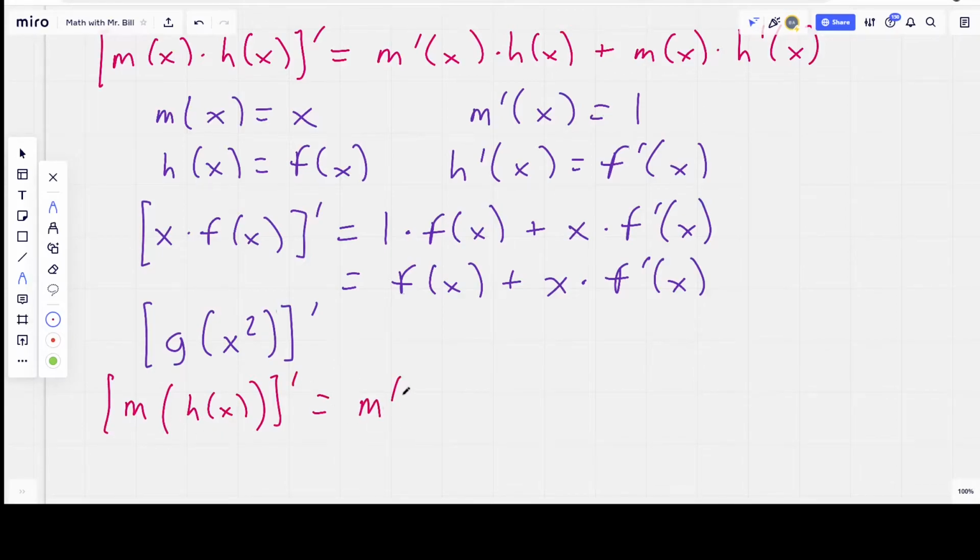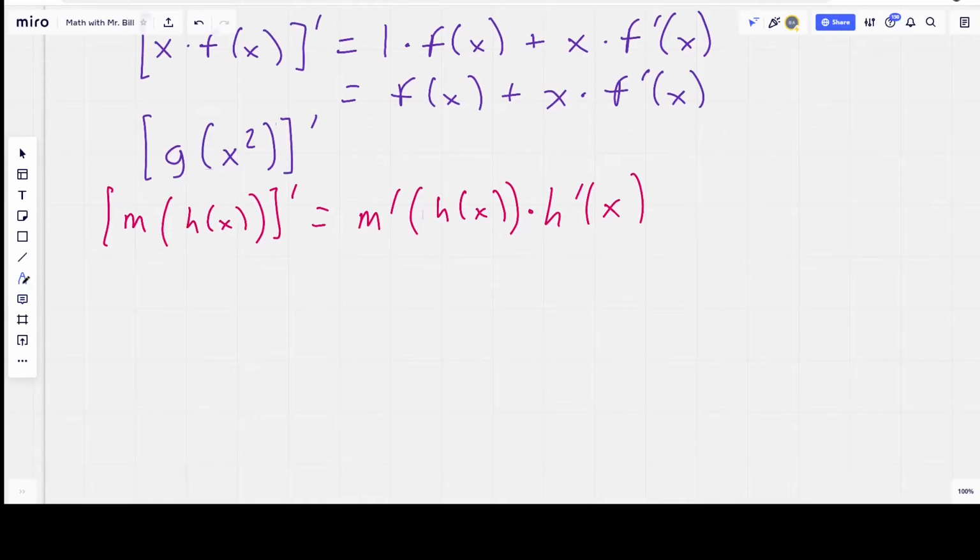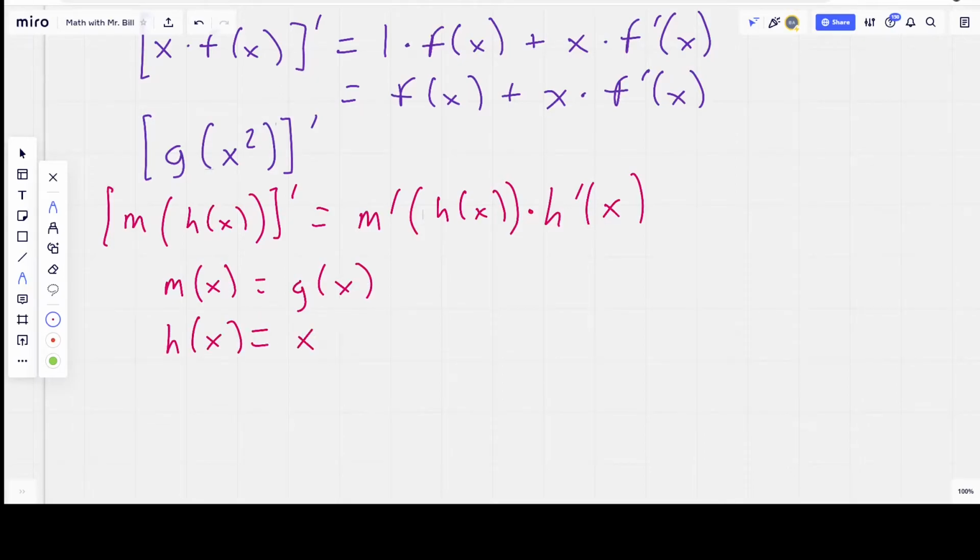We take the derivative of the outside first, leaving the inside alone. And then we chain on, we multiply on the derivative of the next inside function. So for us, our outside function is going to be g of x, or just g. So m of x, it gets a little bit wonky with the variables, but this is what we're working with. m of x is equal to g of x, and h of x is equal to x squared. So m prime is going to be equal to g prime, and h prime is going to be equal to